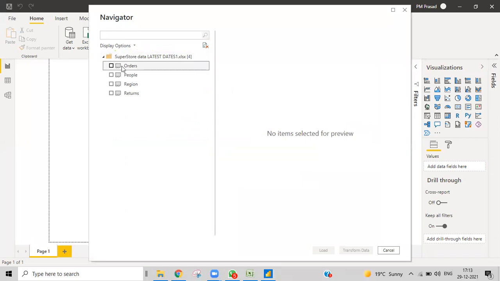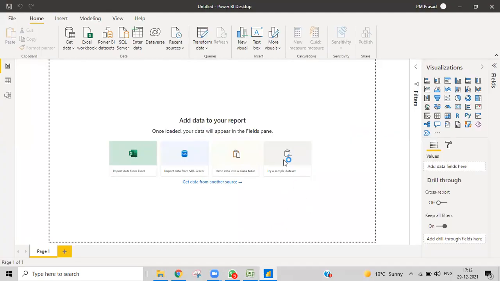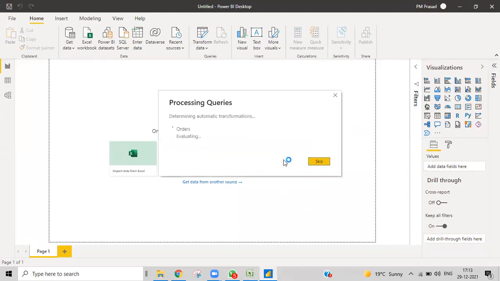Yeah, and then my data is the orders table. I just need it, so I'm just going to load that one.